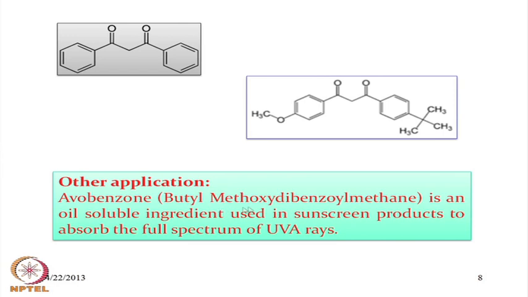Avobenzone is nothing but butyl methoxy dibenzoyl methane. So, one is the butyl function, and another is the methoxy substitution. So, two substitutions at two ends of the phenyl ring, particularly the para position, by the butyl function and the methoxy function of dibenzoyl methane, can be useful because it is soluble in non-aqueous medium, soluble in oil and any other cream material. It is a very useful ingredient for use as a sunscreen lotion, because it absorbs the full spectrum of